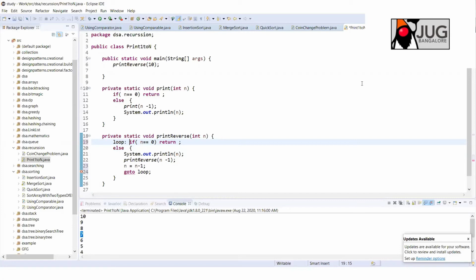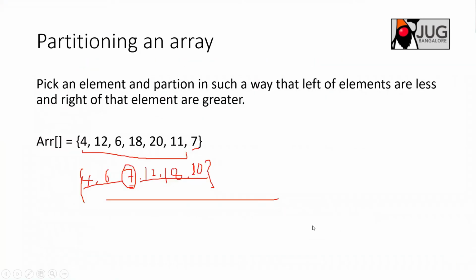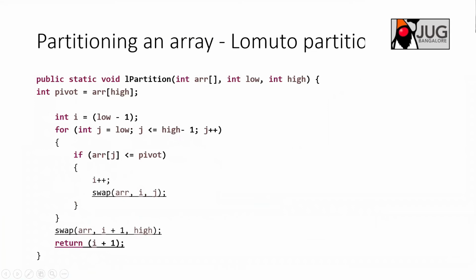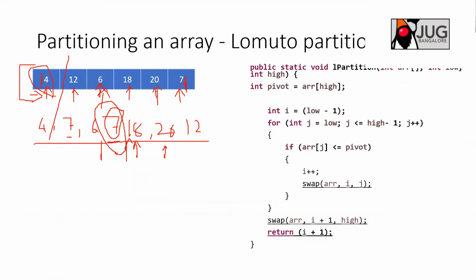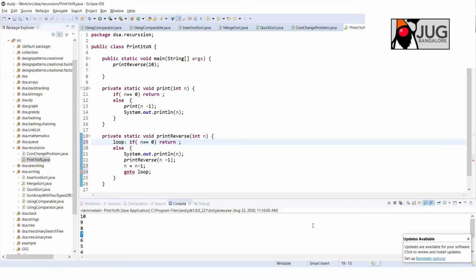I hope it is clear why tail recursion does not put overhead on the stack. Putting overhead on the stack is a bit complicated, because you need to maintain the state of the function, and once the function completes and returns, you need to retrieve the state and start execution after that. That overhead is not there in case of tail recursion. The compilers take care of that, as I just explained. So that is what it is. I hope it is clear, right?